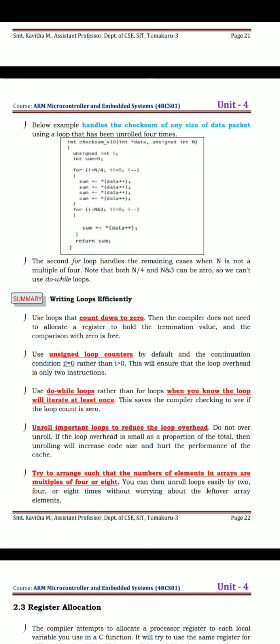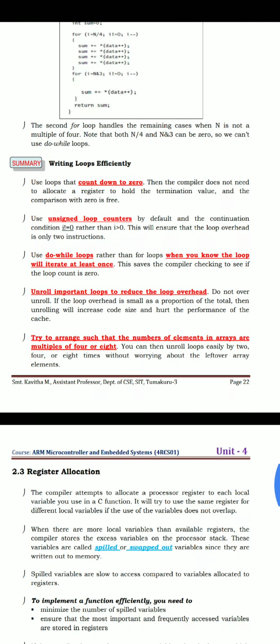Finally, unroll the important loops to reduce the loop overhead. Also, arrange the array such that the number of elements in the array is a multiple of 4 or 8. These are a few points you need to remember with respect to C loops.